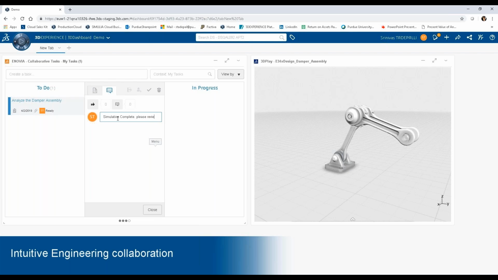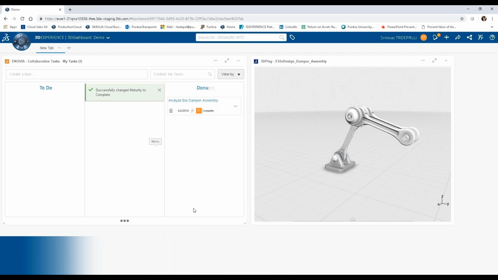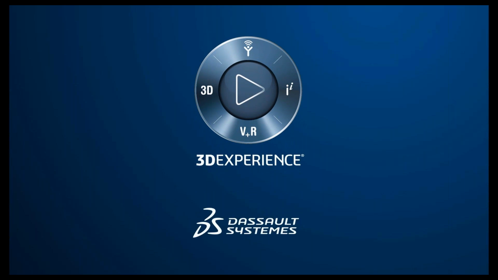Maybe an engineer or project responsible will see and check if the simulation is okay. So it's the first stage of validation for you that your design is okay, generally, globally, in terms of the displacement and the stress.